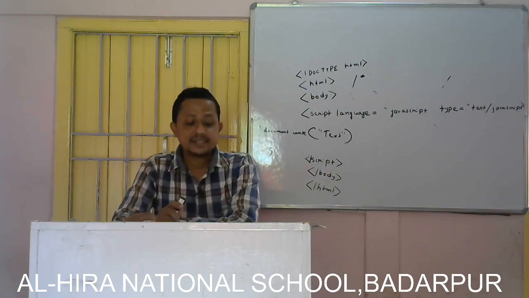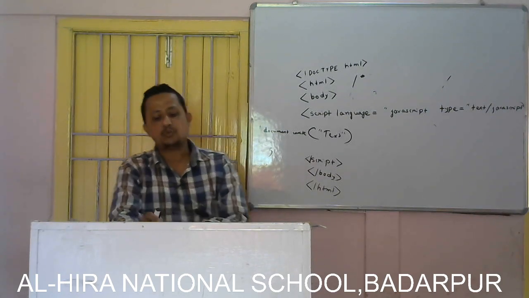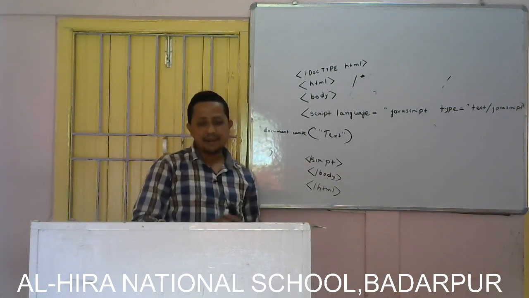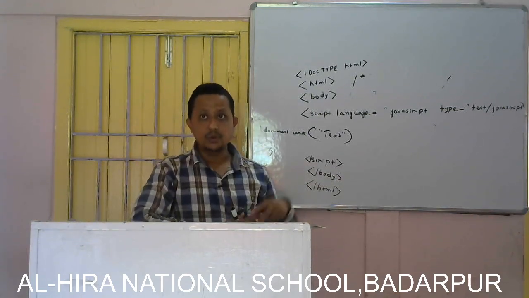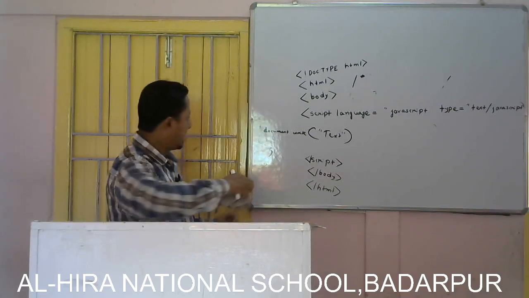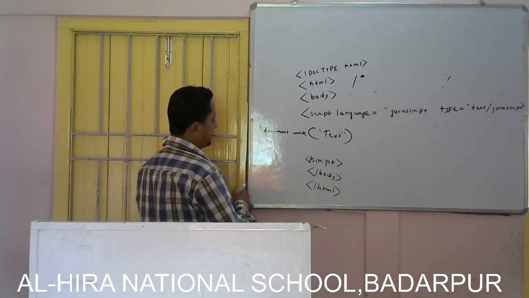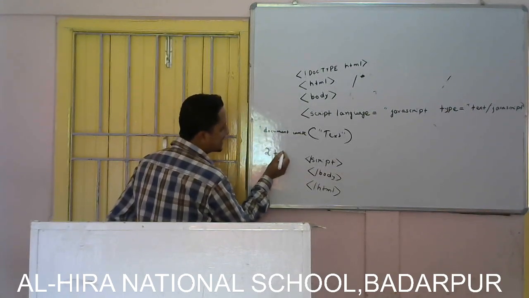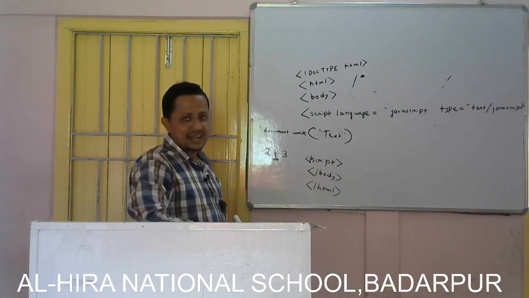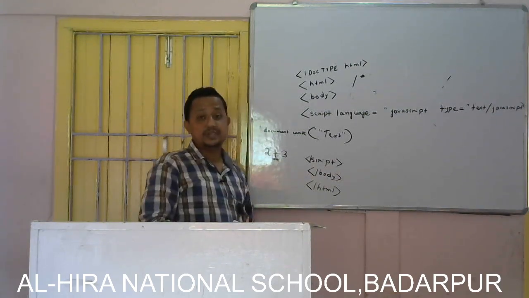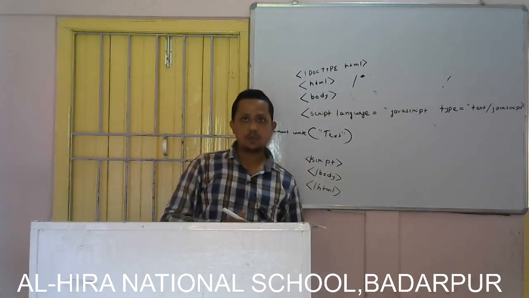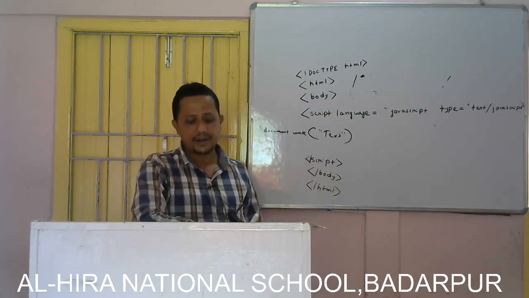Now operators in JavaScript. What are the types of operators? Now what do you mean by operator? Operator means which performs some operations. Say, if I give an example, say 2 plus 3. Because of the plus, the result comes as equal to 5. So this is an operator. Plus is an operator. So basically arithmetic operator.